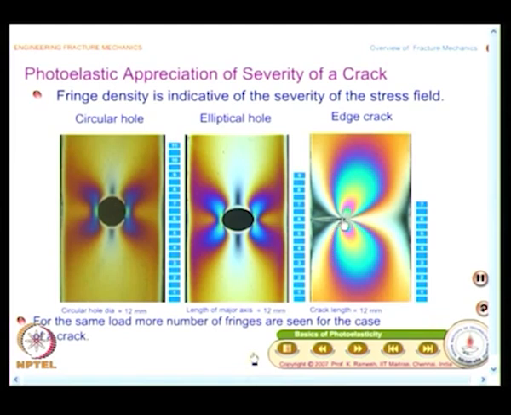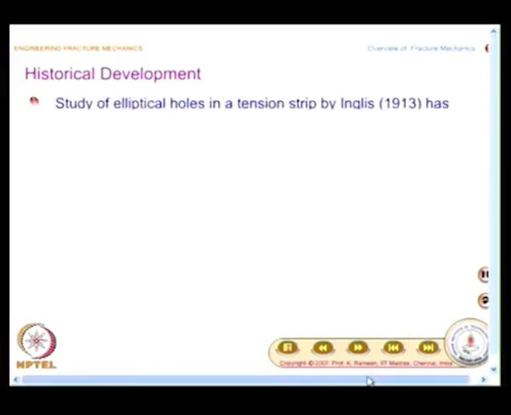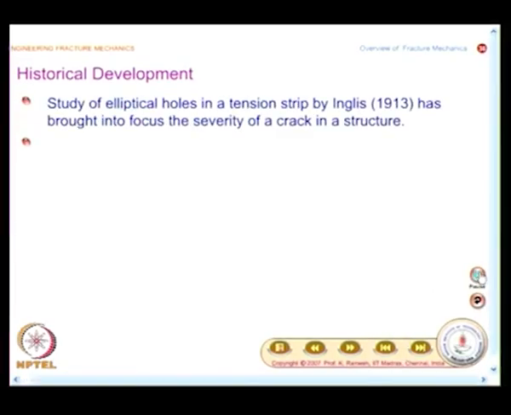As soon as we develop the stress field equations, we would plot contours of sigma 1 minus sigma 2 and compare with the fringe patterns and see what we obtain. Let us wait till such a moment. Now, let us go and look back at the historical development,